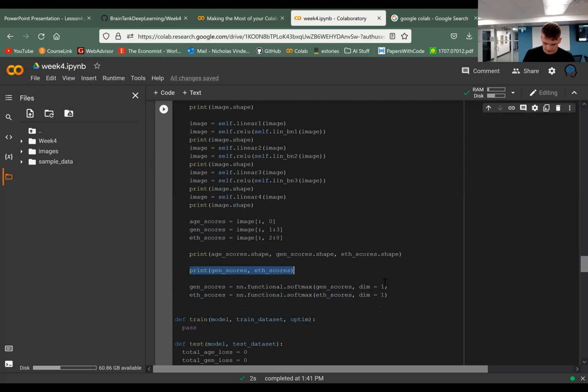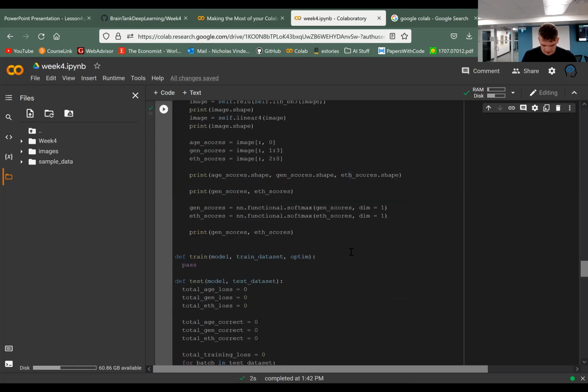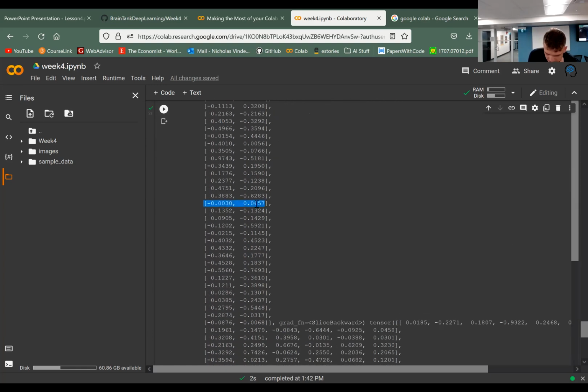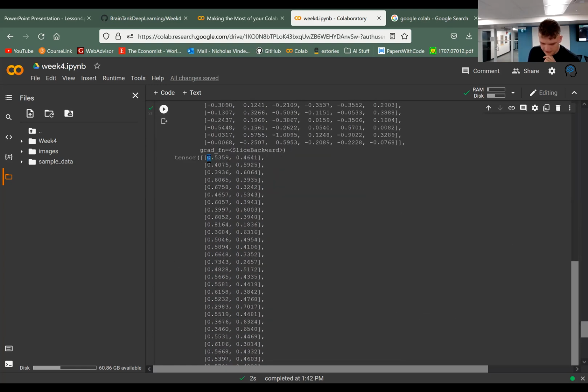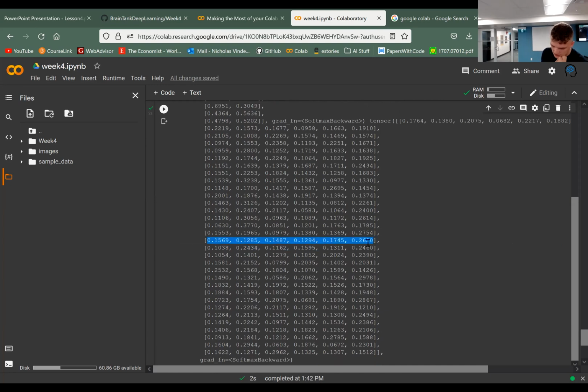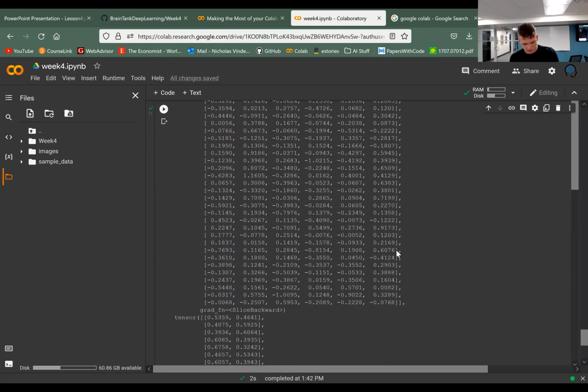So as you guys are writing that out, I am going to print those out. Cool. So before, we can see that there's a bunch of negative values, and they weren't very nice to look at. Now, these values always add up to 100%, or they add up to 1, but they're essentially 100%. So what these are going to look like in the future are supposed to be 100% female, 0% male. That's what we're trying to get to. If it's a female, we want to print it as a female. Same thing with here. These are different ethnicity scores. Those should correspond to the right ethnicity, the right score as well. Okay,